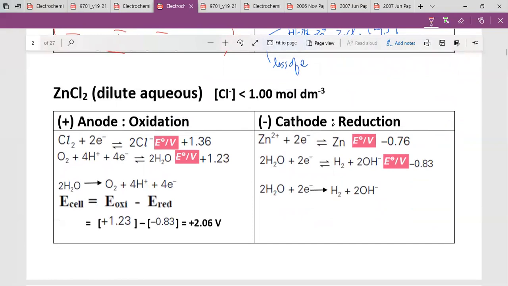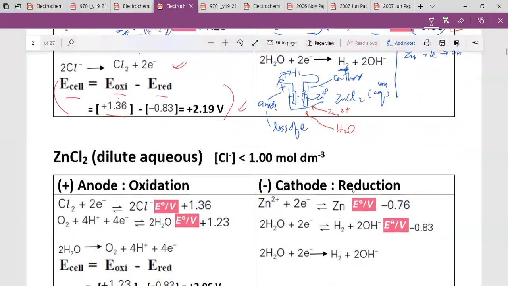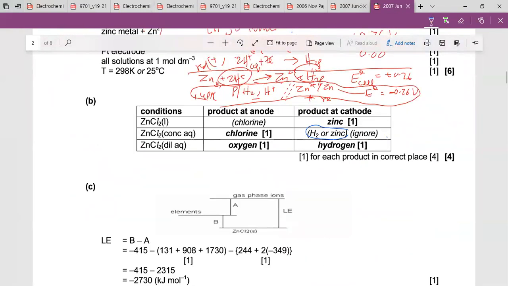Okay. Again, now remember for dilute, we got the thing here. Right. So Zn2+ will still go here. Water will still go here. Here, same thing. See, these two are the same. Right? But the point, of course, now, because it's the same, because it's dilute, right? See here, the marking scheme, right? Halogens are halogen. It's always halogen one. Okay, so it's quite tricky. Sometimes that they don't,